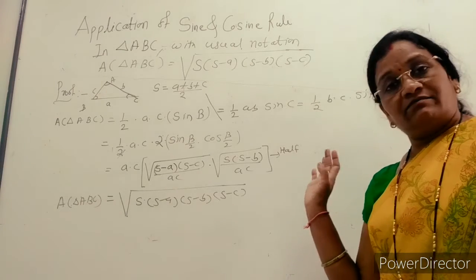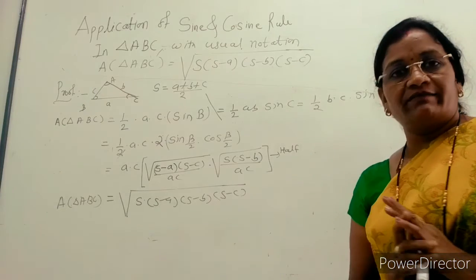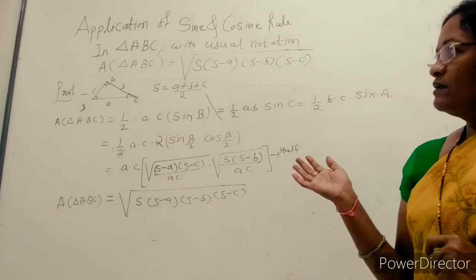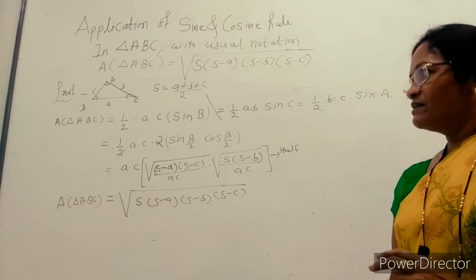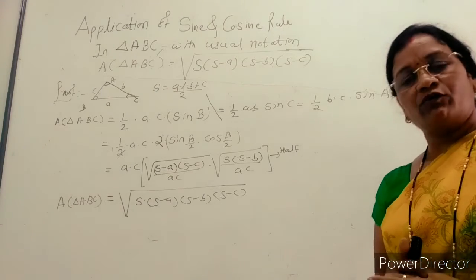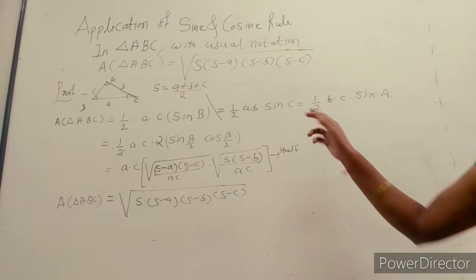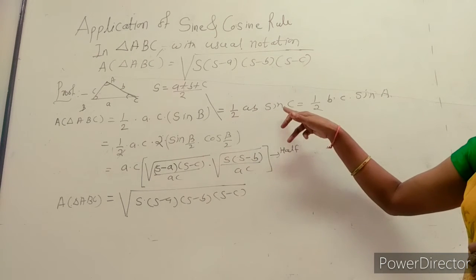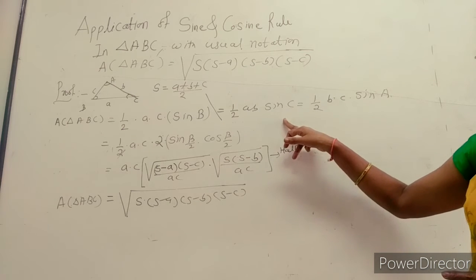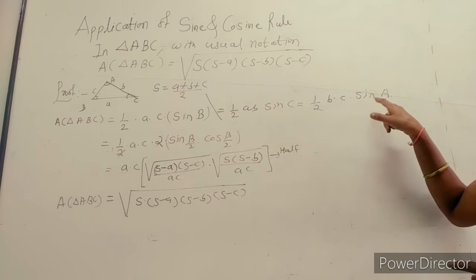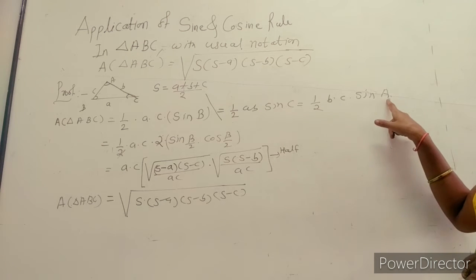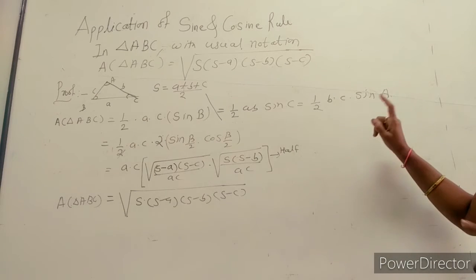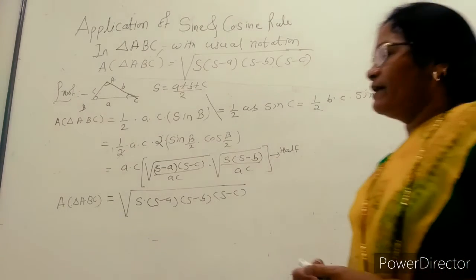Hero's formula, we learned it from the 7th standard, but how can you find its proof? That proof can be obtained by application of the cosine rule and sine rule. Again, with the help of the half angle formula we can find that result. You may take the value of sin C here and get the same answer, because here ab can be cancelled out with the product of sin(C/2) and cos(C/2). Again here bc can be cancelled in the formula of sin A, the denominator contains bc. As we take sin A equal to 2 sin(A/2) cos(A/2). So this is the second application.